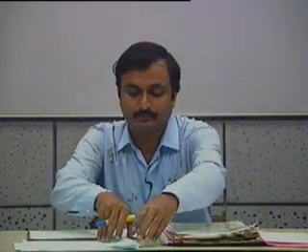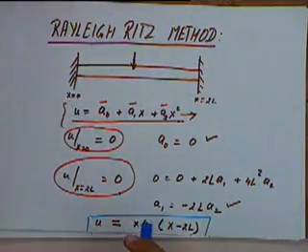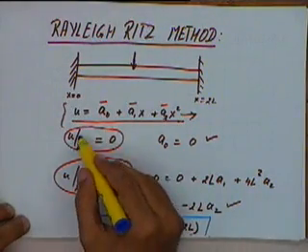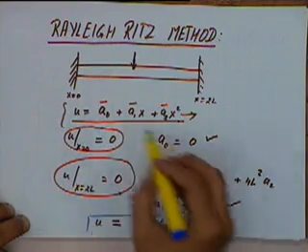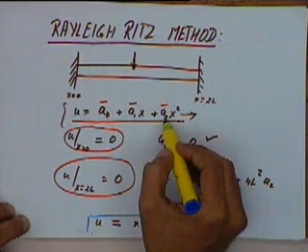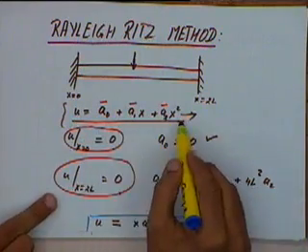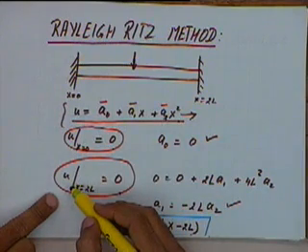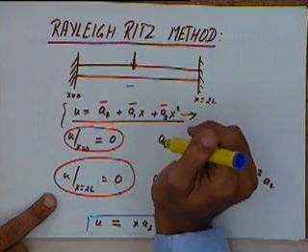For instance, in this case, I have applied the boundary condition that at x equal to 0 u should be 0 and at x equal to 2l u should be 0. But in my earlier assumption there were 3 terms a0, a1 and a2. Now if I consider these 3 terms, I cannot solve for all 3 of them by taking these 2 boundary conditions. We can apply that the slope in the middle, at x equal to l, is 0. You can apply that, but is that going to be independent?